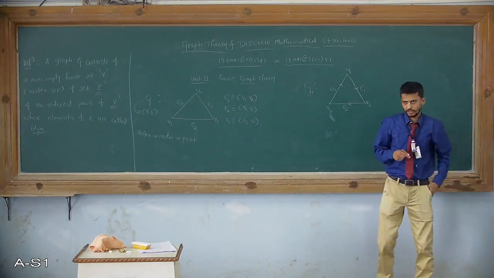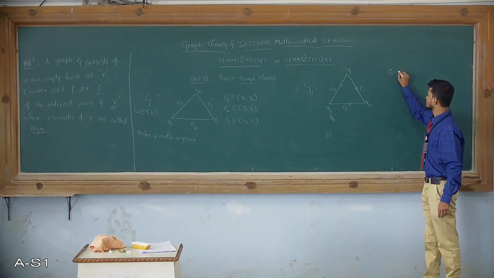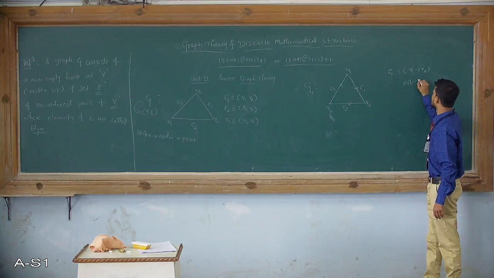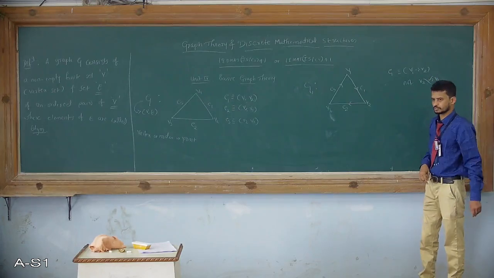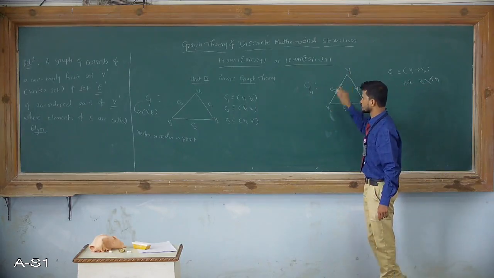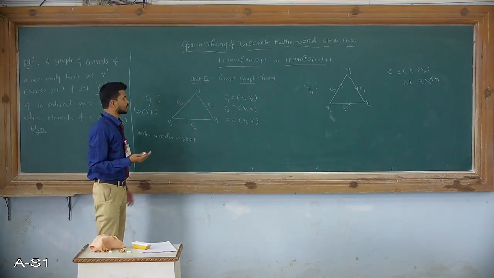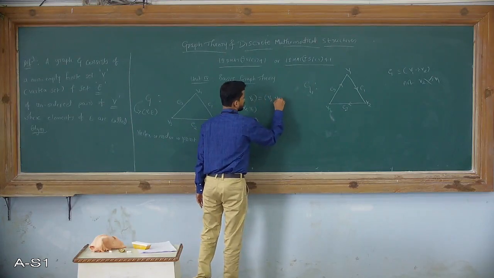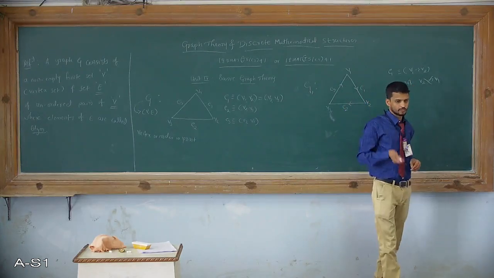If E1 is an edge, here it goes only from vertex V1 to V2, not from V2 to V1. That does not exist in this case. So the direction is V1 to V2, similarly V2 to V3 and V3 to V1. But in the other graph, no direction exists. Here you can consider V1, V2 as equivalent to V2, V1. But in this case, V1, V2 is not equal to V2, V1, because the direction is from V1 to V2.